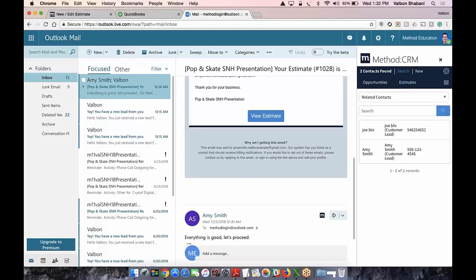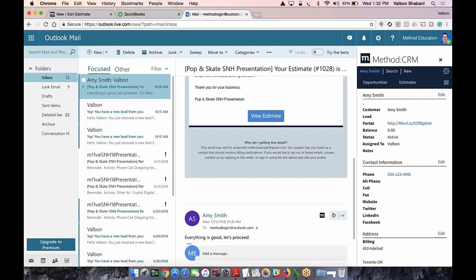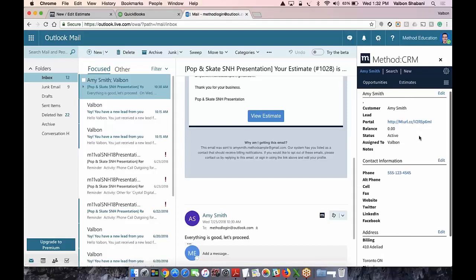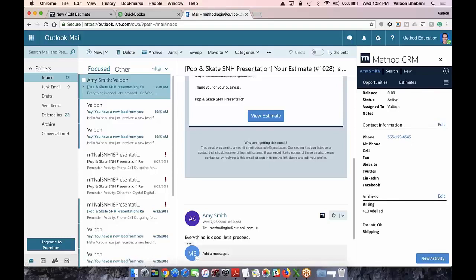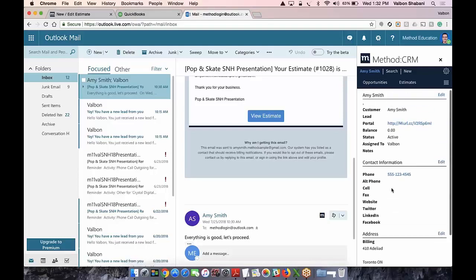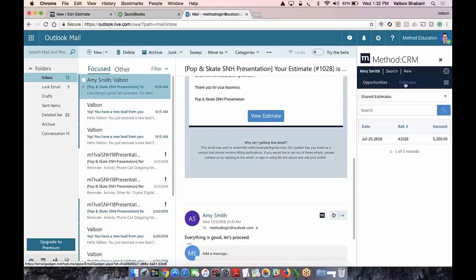And we are able to see that it found two matches, and we can see this is the one that we actually want to take a look at, Amy Smith. And we're able to see a lot of the same information we saw in our CRM right inside of Outlook, because our CRM is basically now inside of Outlook. So we can see the information, the portal links, phone numbers, et cetera, address information. We can even go as far as clicking on estimates,